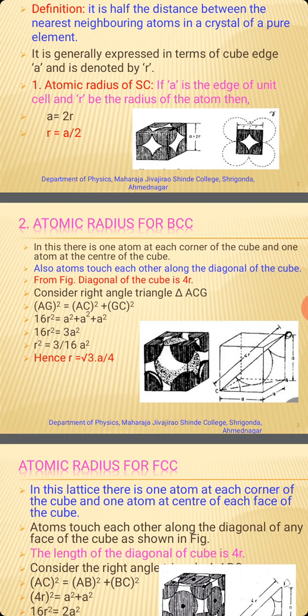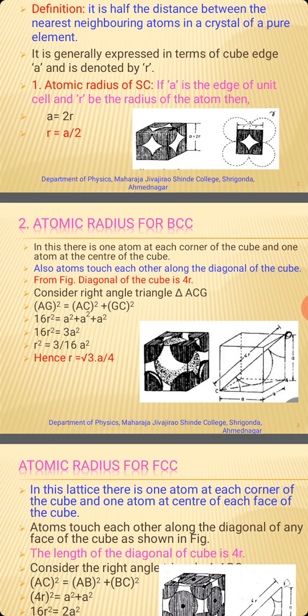Therefore, diagonal square, 16r square, is equal to 3 into a square. Therefore, r square is equal to 3 upon 16 into a square. Hence, the value of radius of BCC comes out as